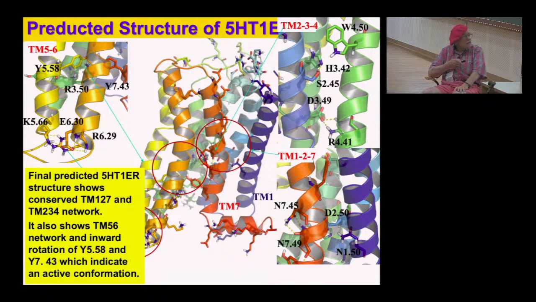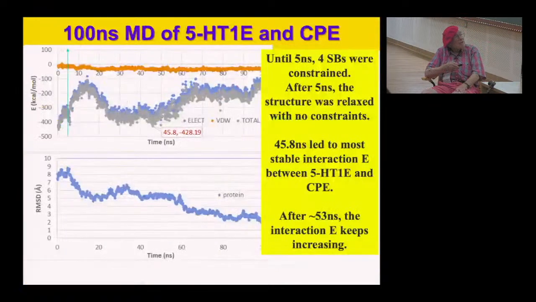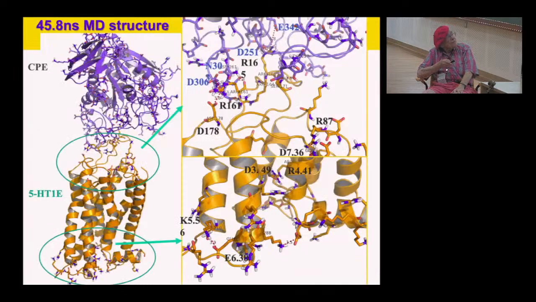It's got a 1,2,7 coupling, a 2,3,4 coupling, some special things that indicate that it's activated. Then we do, in this case, 100 nanoseconds. We first did restricted structures. We restricted the backbone, did some dynamics for about 5 nanoseconds. We relaxed those for another 5 nanoseconds. Then finally, we did fully relaxed to show that it was converged. And then we finally did 100 nanoseconds to get the final structure. And this shows the active site